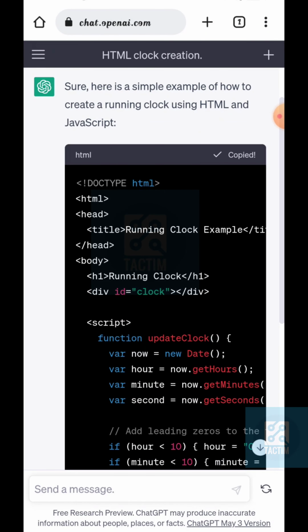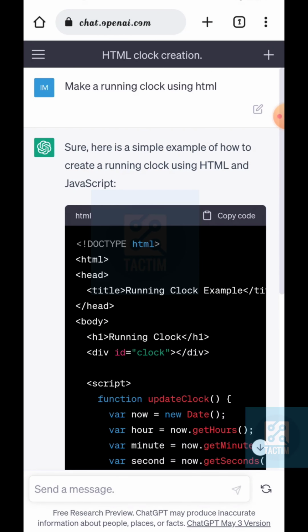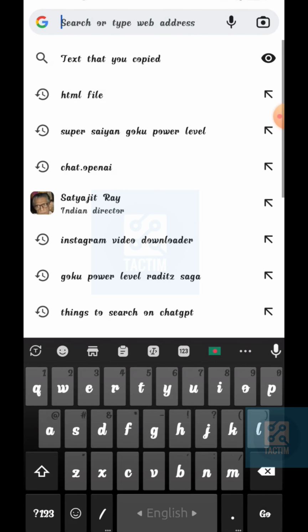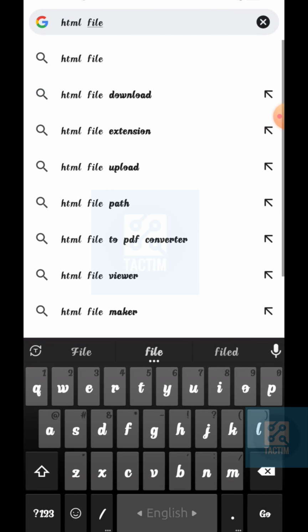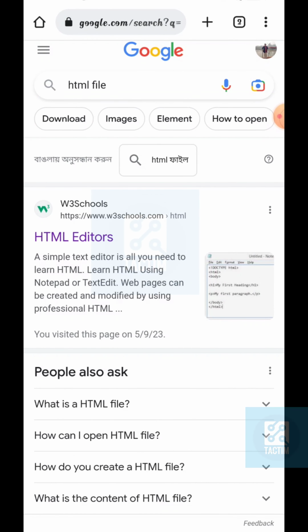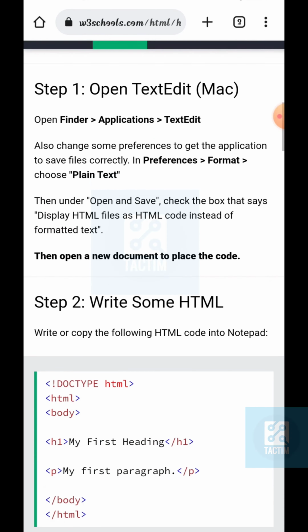Now I'm gonna show you how this clock actually looks like. Now just open another tab and in the search bar search for HTML file. After searching it, just go to the very first website, W3 Schools. Now just scroll down here